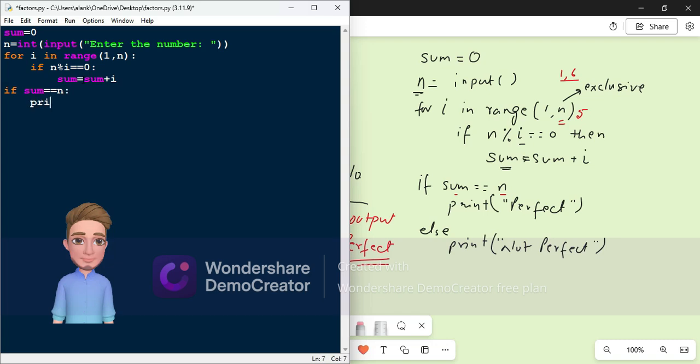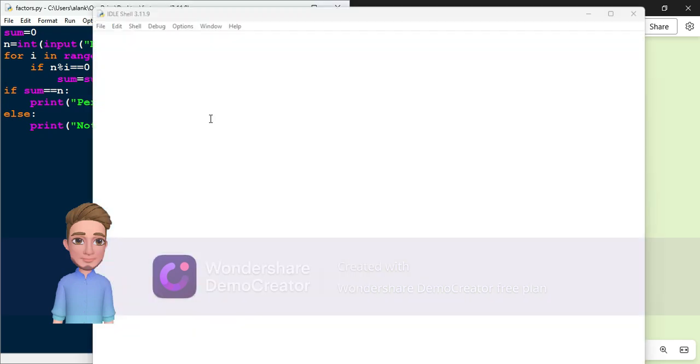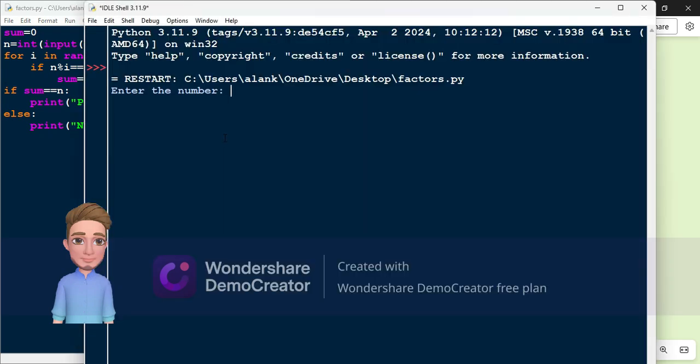If that is the case, then I will print that it is a perfect number, else print it is not a perfect number. Okay, a bit of a typing error. All right, now let us run this program. Let's take the input as 6, enter, so it gives me perfect